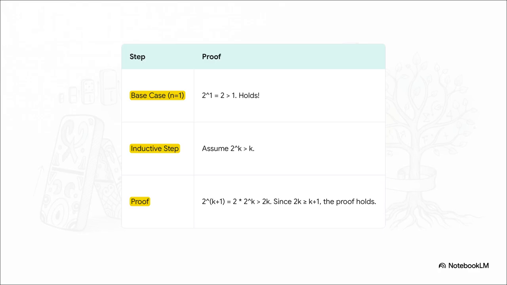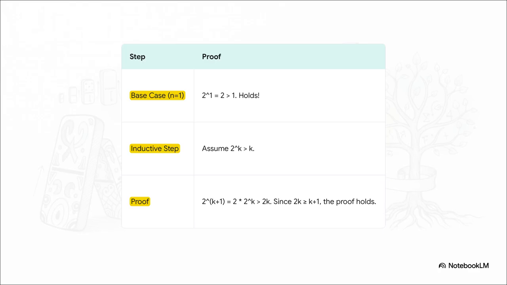We start with 2^(k+1), which is the same as 2 times 2^k. Now because of our assumption, we know 2^k is bigger than k. So 2 times 2^k must be bigger than 2 times k. Great, but our goal is to show that 2^(k+1) is bigger than k plus 1. So if we can just show that 2k is bigger than or equal to k plus 1, we're